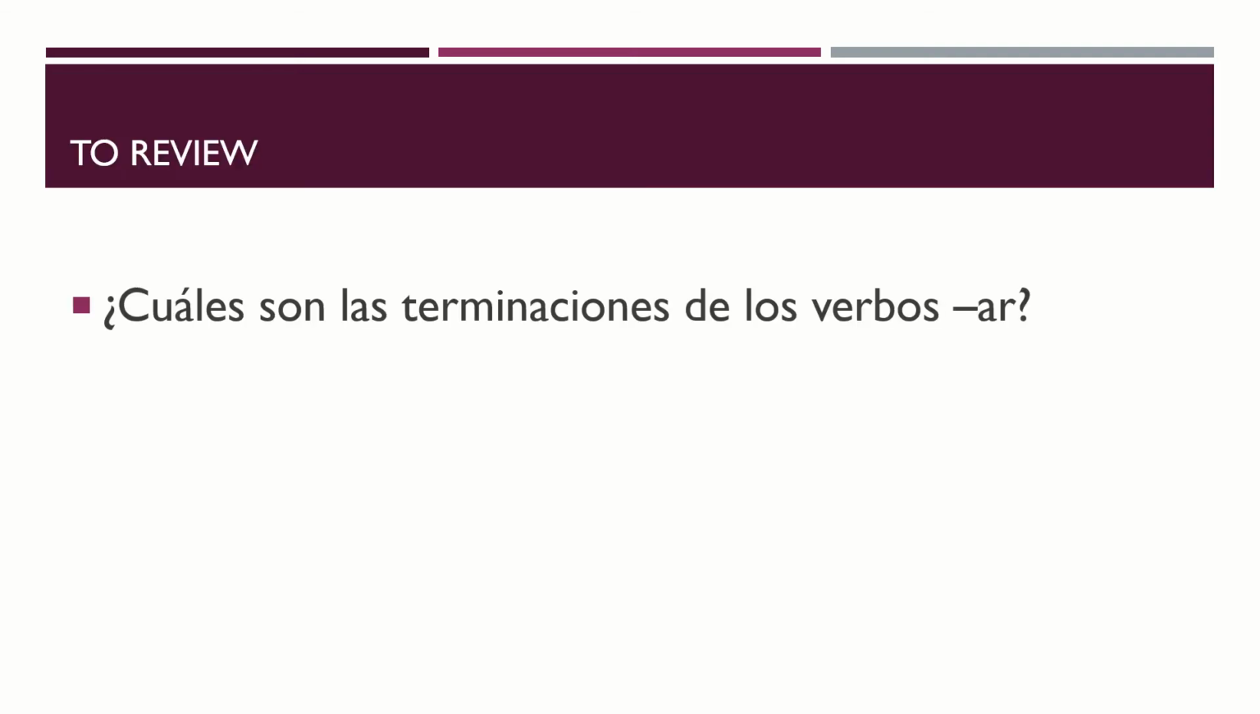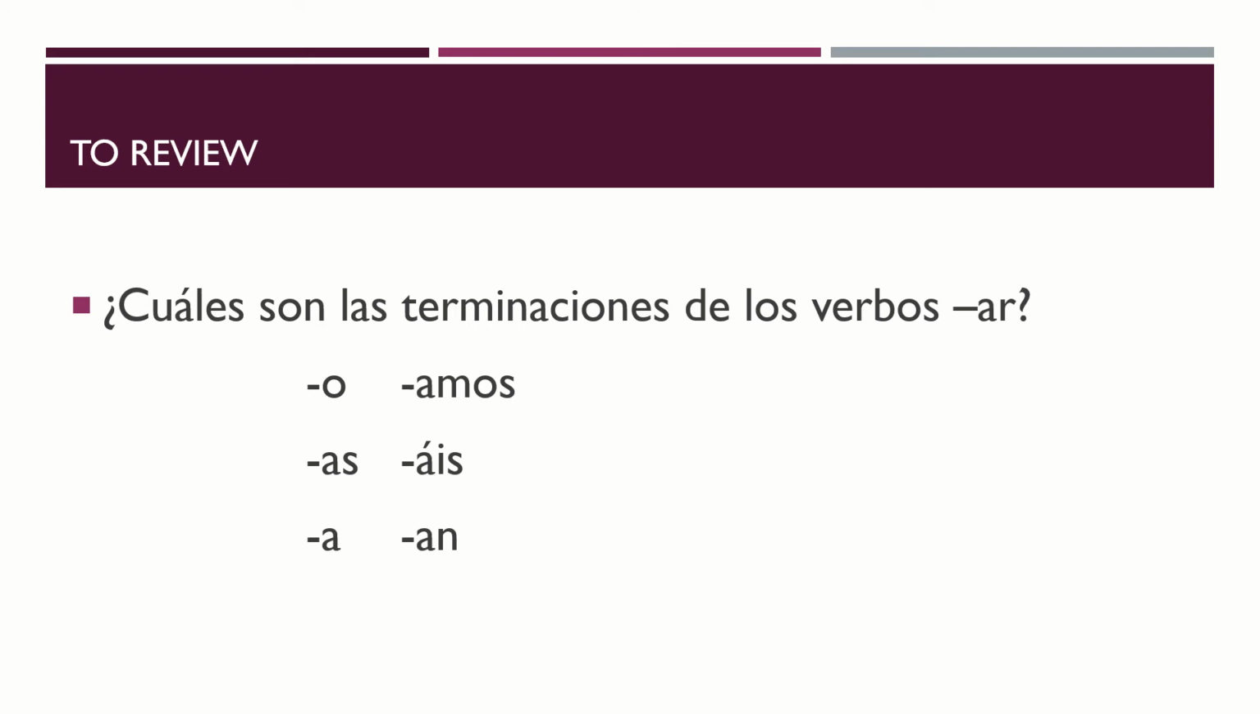But first it's important that we review our AR verbs, okay? So las terminaciones de los verbos AR, right? So the endings for AR verbs are o, as, a, amos, áis, and an. Remember that we use o if we're talking about ourselves, so the yo form. We use as if we're talking about the tú form, which is our informal you. And then we use a if we're talking about él, ella, usted, or one single person, he, she, or formal